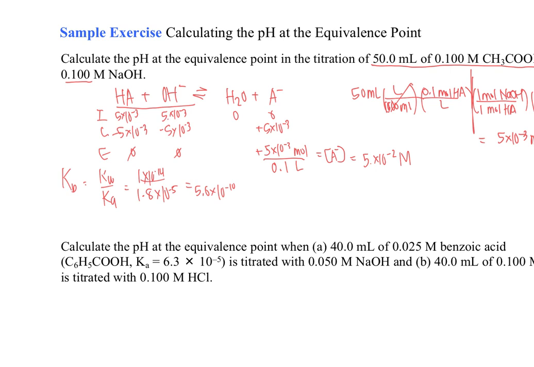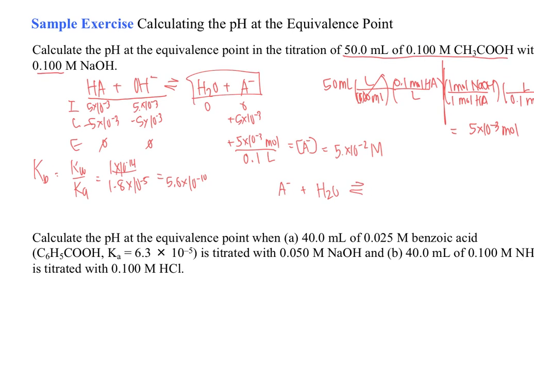I have my conjugate base, my acetate, sitting in water, which is literally what I have written right here, right? And now it's going to be in equilibrium and form a little bit of acetic acid and some hydroxide. It's going to basically just act like a base. So we have another equilibrium situation. So the amount of acetate I have is 5 times 10 to the negative 2. And I didn't have any acid or base. So now I'm going to have minus x on this side, plus x on this side, and we'll treat it like a regular old